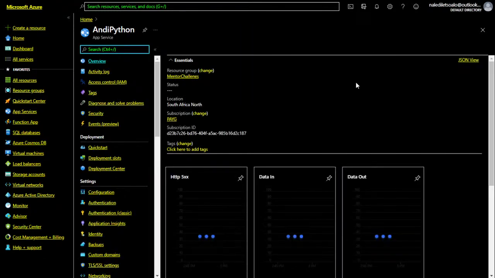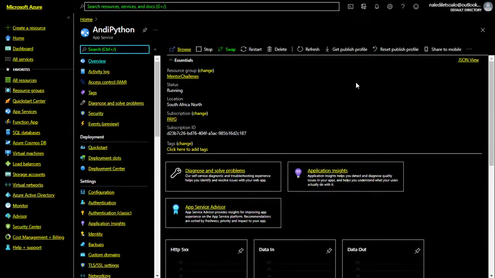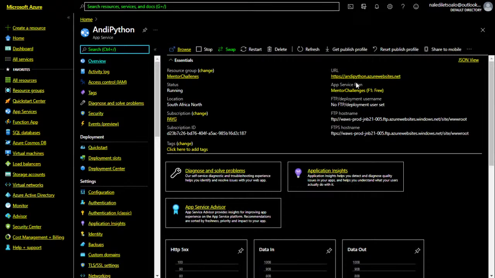But best practice, try and group your resources in the same region. And then if you do want a backup, it would be in a different region as well, because South Africa is prone to load shedding. Usually, most of the data centers have generators, but you know, you don't want to take chances.